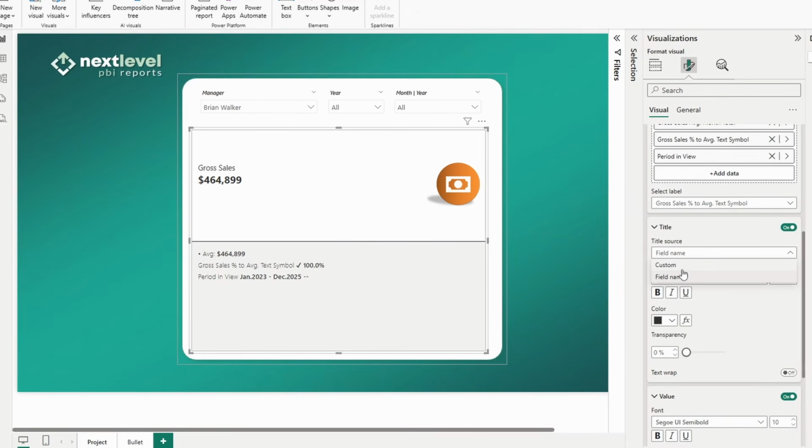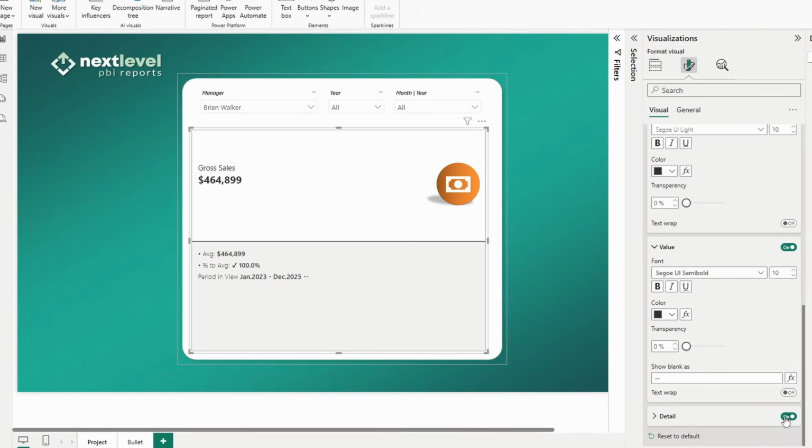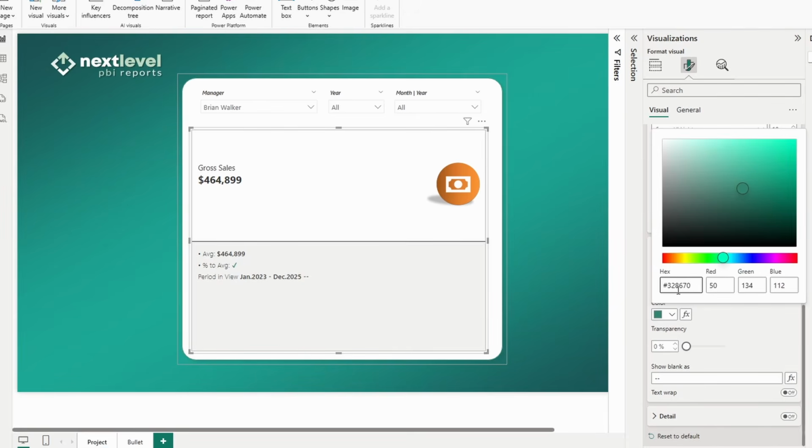Then under title, we'll do the same thing. We're going to go custom. And this one, we're going to type in percent to average with our bullet point at the beginning. For detail, we'll turn that one off as well. Now for the value, we're going to change it to this green color of